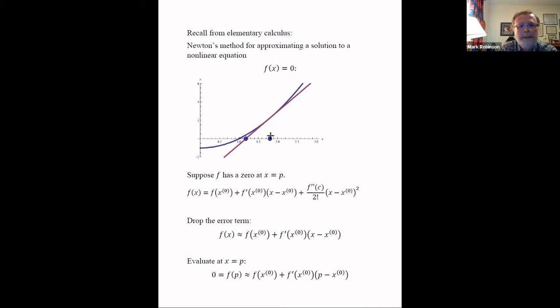So you notice this point that's indicated right here. We're actually going to look at the tangent line to the graph of the function at that particular value of x, and that is the purple curve in here. And so our solution to the nonlinear equation is approximated by the solution to the corresponding linear equation, where we take the linearization, the tangent line, and then set that particular function equal to 0. So you notice geometrically then that gives us the intersection of that line with the x-axis, which is then the next point right here. So that is a single step of Newton's method,